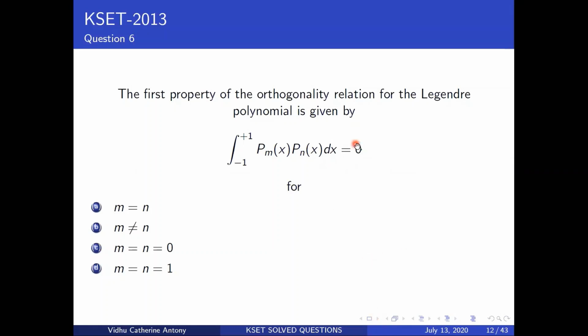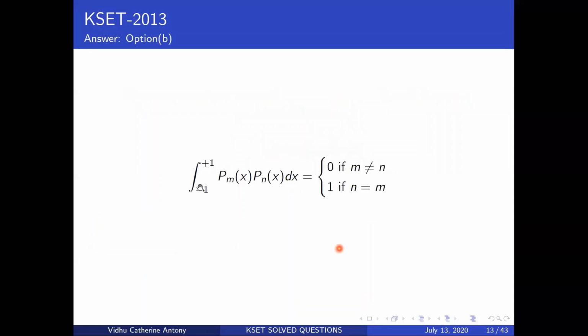So obviously, this is one of the properties. When you have m not equal to n is the only time you'll end up getting a 0. If your m is equal to n, you will end up getting a 1. That's a property of your Legendre polynomial. You would have done this in the first semester if you're an MSc student from BU. Okay, so you've got an integral from -1 to +1. This is your property of your Legendre polynomial.